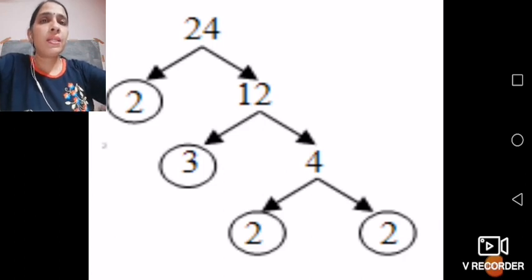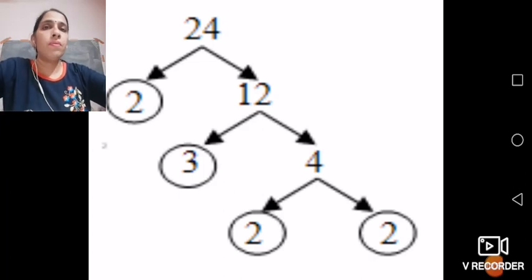We can draw this factor tree in another way also. And this factor tree is yet another method of getting the prime factorization of a number. So, it is up to you, beta. If you find this factor tree method easier, then you can use that method, and then you can also practice the division method. So, these two methods are there for finding prime factorization of a number.